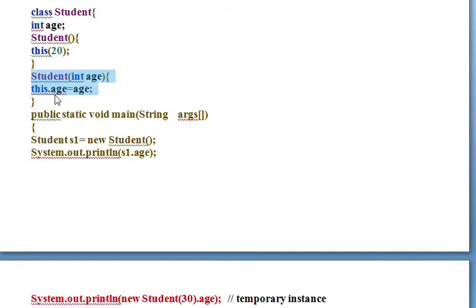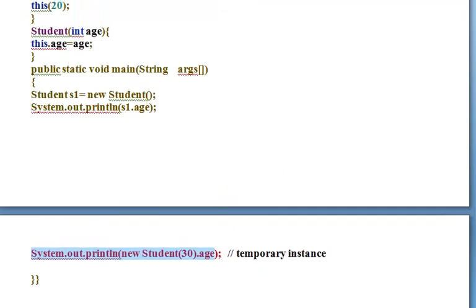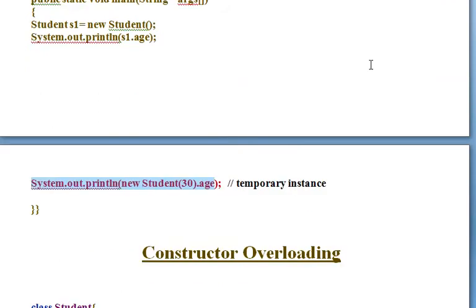Here age will be assigned the value 30, and then after returning, we are printing the value of age, and now here 30 will be printed. So after execution, the output of the whole program will be 20, and in the next line it will be 30. With the temporary instance, we need not write this statement for creating the object. Directly we can use only the right-hand side of the object creation statement.